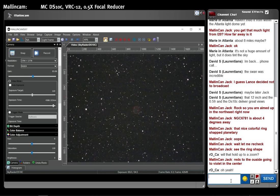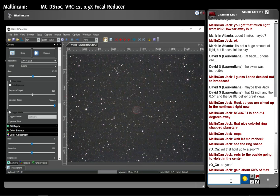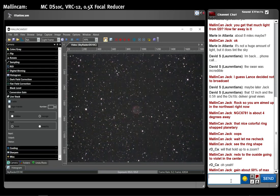And of course, we are going to increase the gamma, have a little bit darker background, and then we certainly can turn up the stacking feature. Yeah, we're going to put the gamma all the way up. I've got thin clouds. I can't even see the Milky Way here tonight. But let's bump up to probably about 6 stacking with this depth of exposure to lower the noise. So the gain here is at 83. This 5-second exposure,